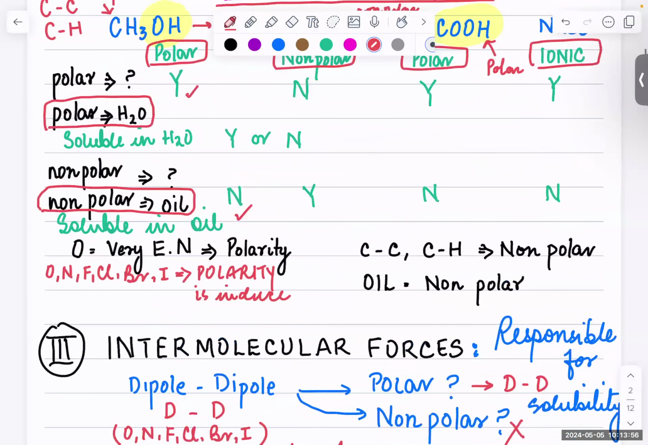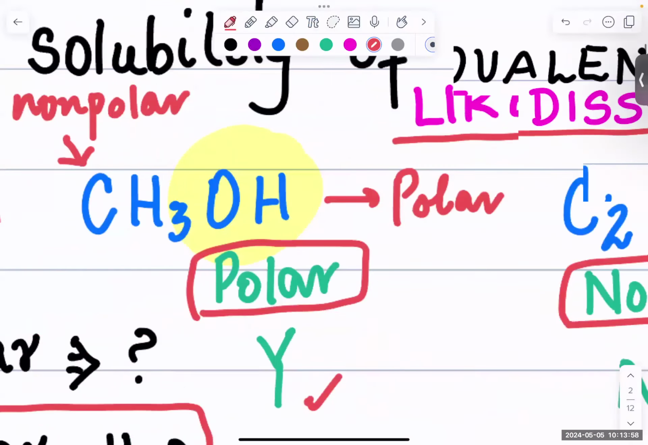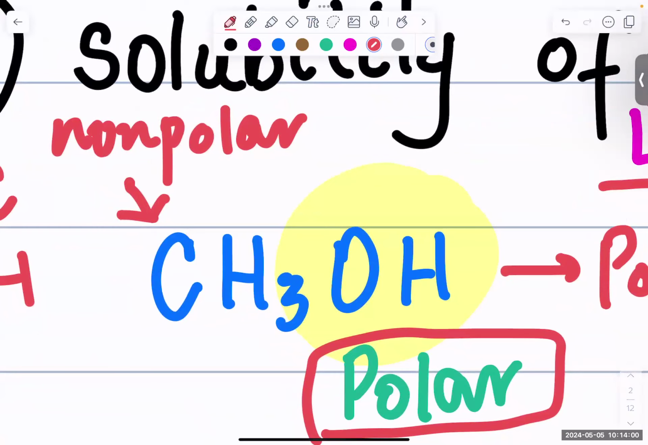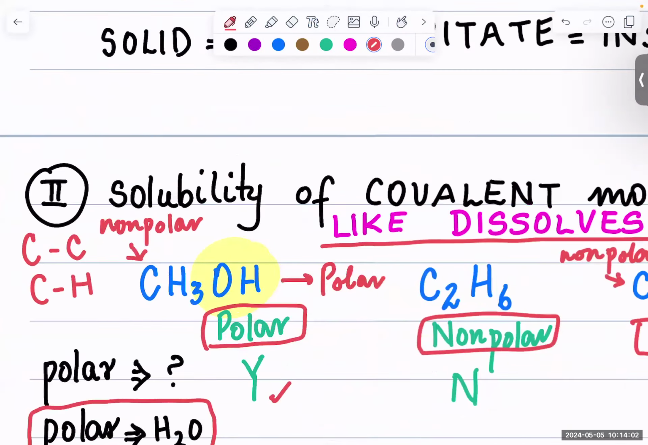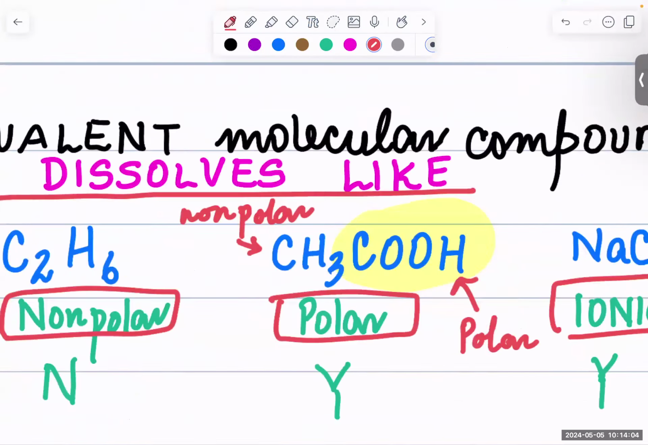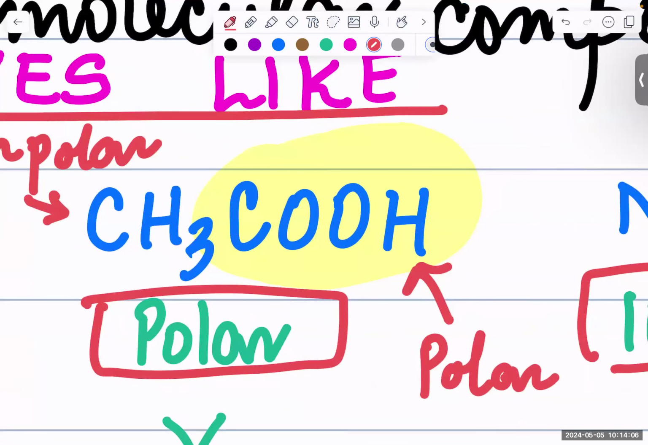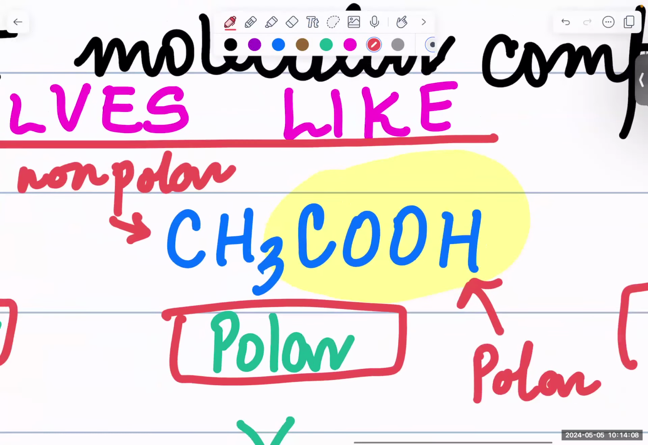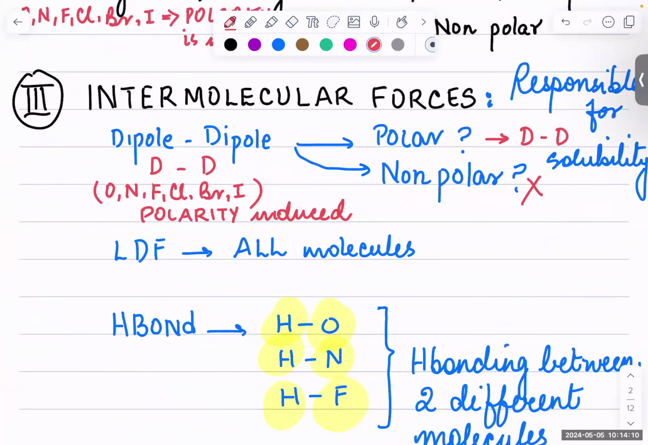Same thing here that we discussed. This molecule has a dipole. This CH3OH has a dipole: one end is non-polar, the other is polar. Similarly, there is a dipole here: one end is polar, the other is non-polar. Okay, so that's one thing. Next is the